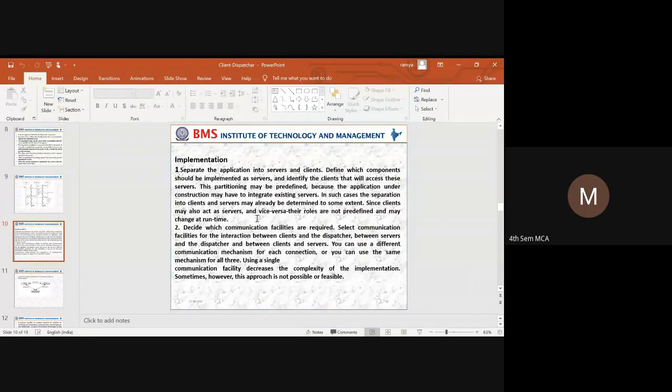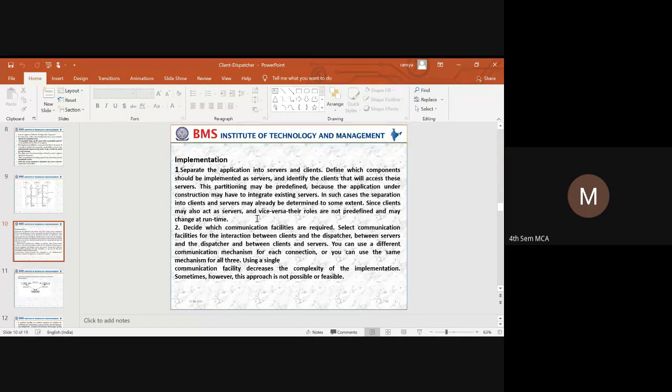Next we need to decide which communication facilities are required. To have communication between a client and a server, we need to have facilities, right? Without any communication facilities, the client and server cannot communicate.